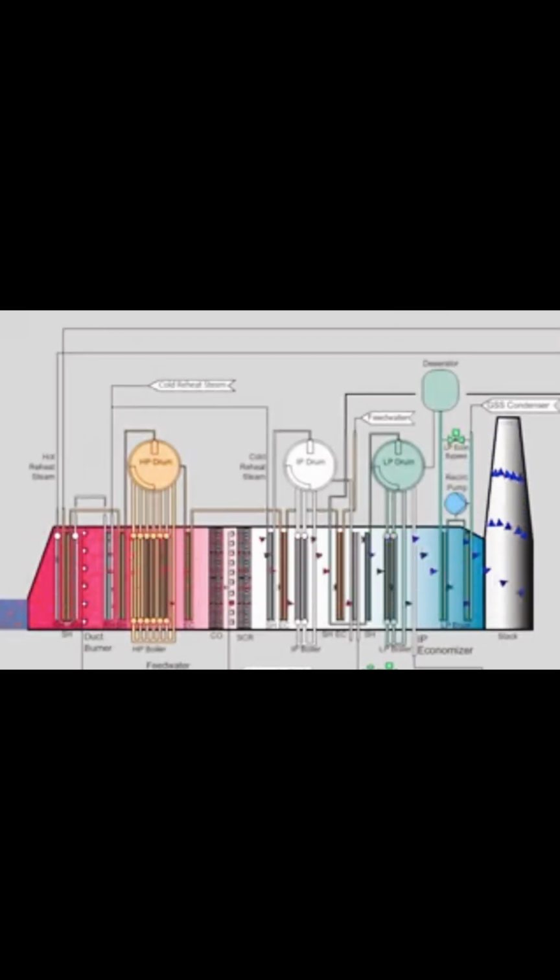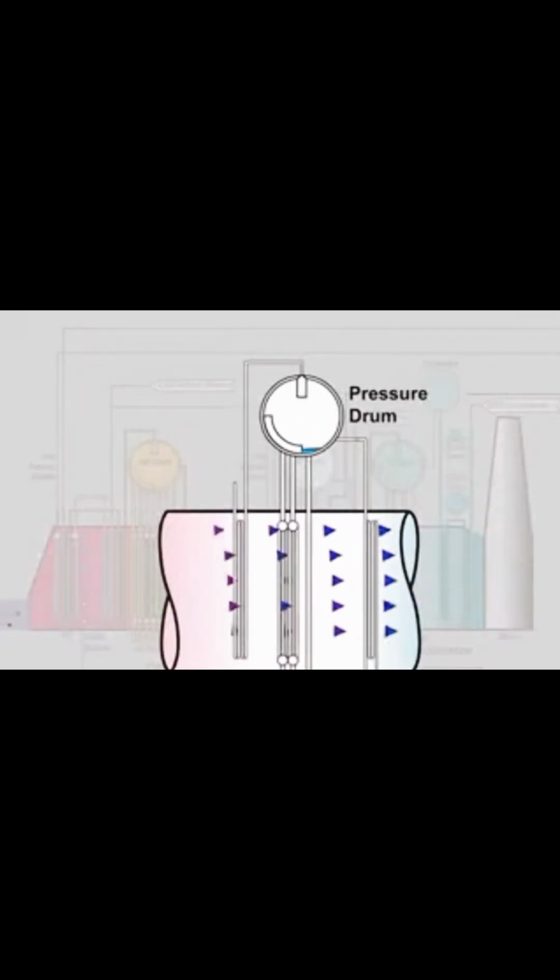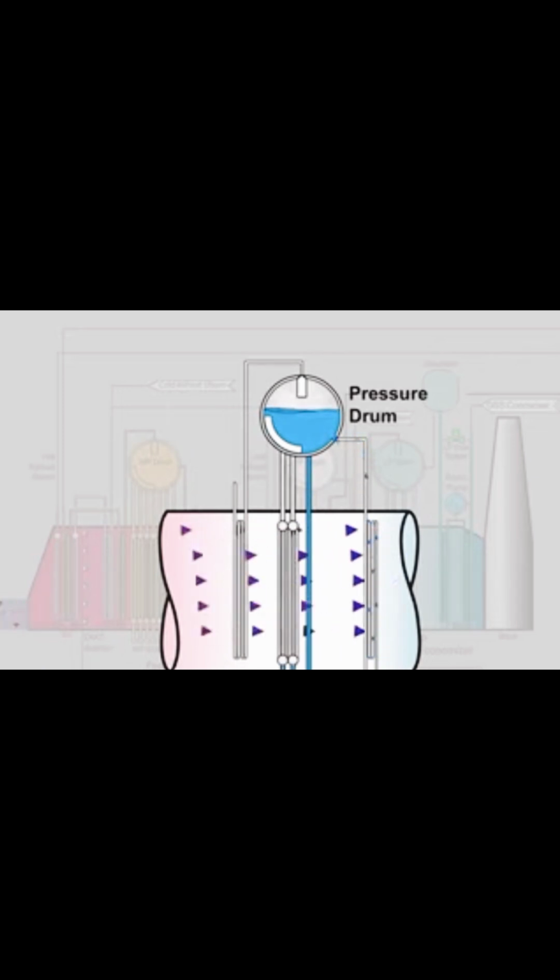Each pressure level of a HRSG produces steam at specific temperatures and pressures determined by the design and application it is used in. Typically, each pressure level will preheat incoming water in preheaters, also called economizers. Water then flows to a pressure drum, where it is driven down a pipe and then back up through a